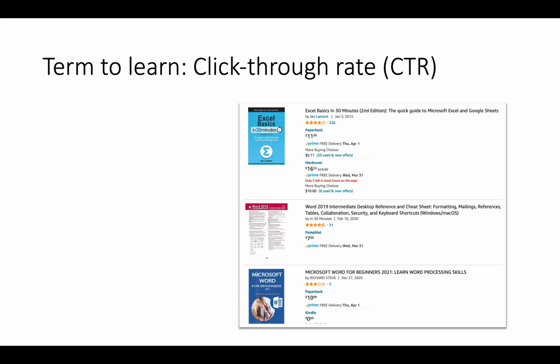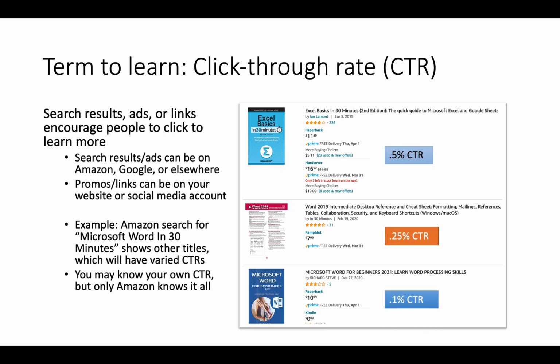Here's another term to learn. Earlier I was talking about a term like detail page view. Another term that comes up on Amazon, as well as other online platforms, is click-through rate, or CTR. And the idea is when your book or your series is presented on Amazon or any other platform, usually it's presented along with other books too. And people will choose to click on certain books more than other books based on factors that they see in the basic search listing. So for instance, for these 3 books that I have here,